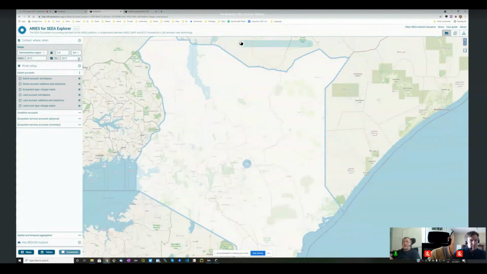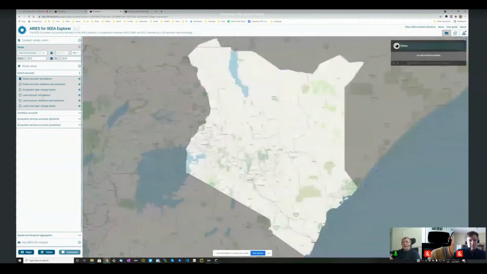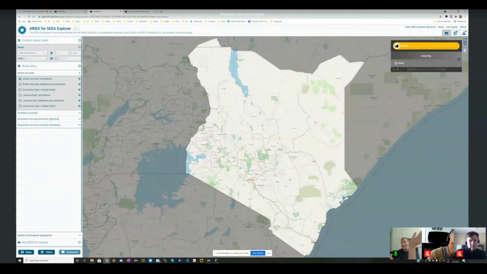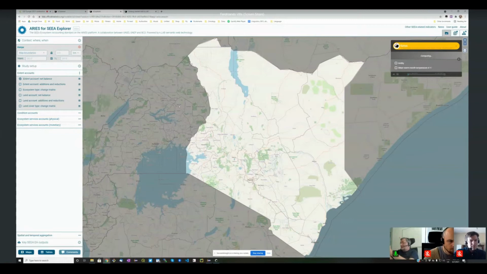So maybe we can pick 4 years or something like that, and just click on this. And after I made my choice, the system will pick one particular account. And in this case, the account is a table. So the entirety of the semantic system still works as before. But at the end of the computation, I've asked the system to compute a table for me. And that table will contain the initial and final balance of ecosystem extent for all the different types.